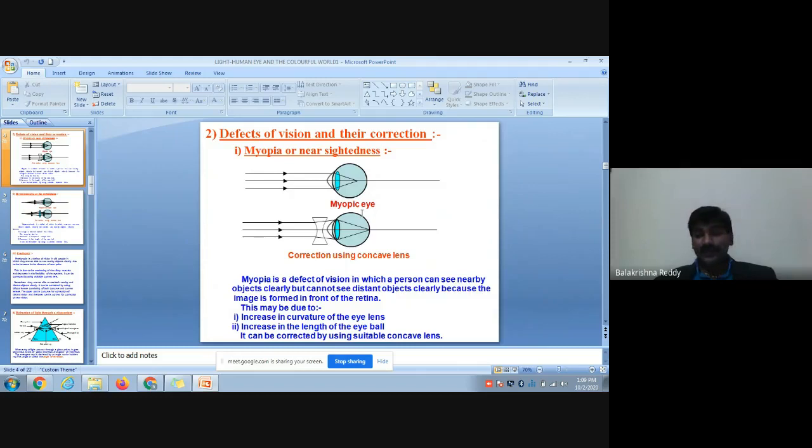That's fine. So how to place this correction lens? When we find the defect in the eye, we check how much the length of the eyeball has changed, how much the curvature has changed, which is nothing but how much the focal length has changed. I told you just now in the definition, the reciprocal of focal length is nothing but power, the power of the lens, and here also the power of the eye. So this power of the eye